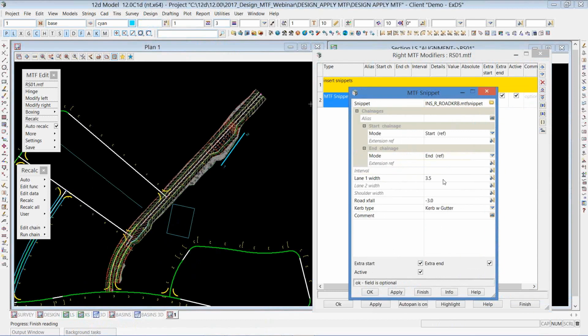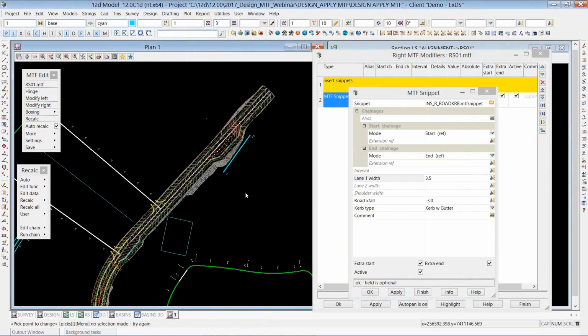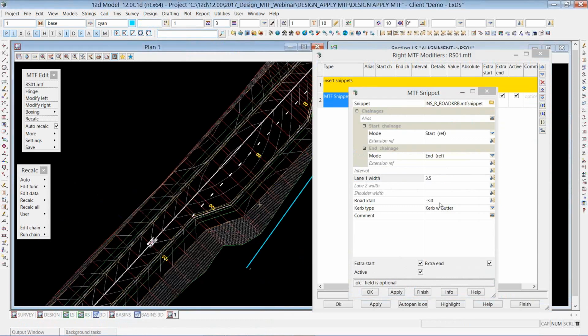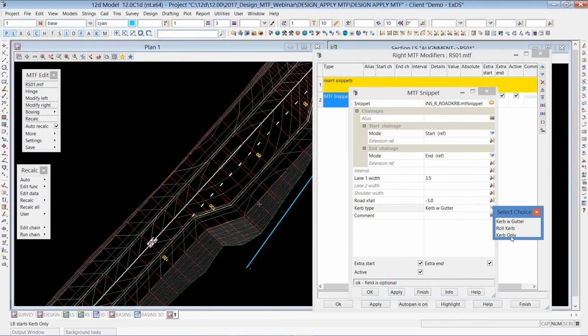In my case, do I want a road that's 3.5 meters wide? I might not want that for this road. Do you want 3% crossfall? And then you've even got choices in terms of, okay, do you want a curb and gutter, or do you want a curb only? So this one's been pre-programmed to have a whole lot of different scenarios built into it,